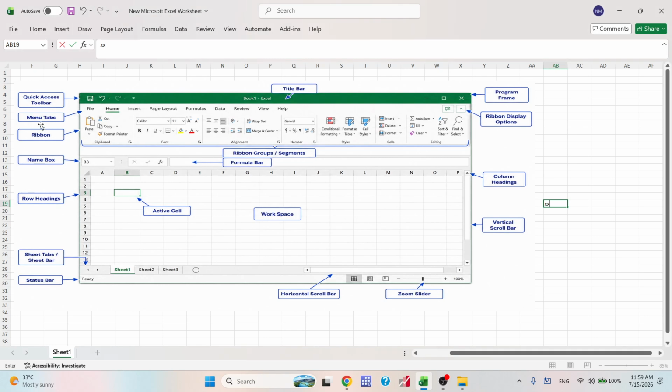So the next thing that comes is this option that is called quick access toolbar. These are three options. If you want to save your data file, simply save or save as, you can go to these options. This will save your file. This option is called quick access toolbar, and all the options that are appearing here, like file name,